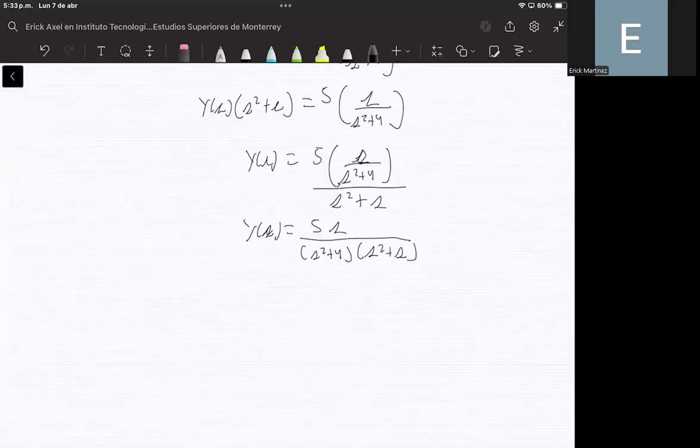But you can use your calculator in this step. If you introduce this rational function in your Texas, you will obtain the following. You will obtain that Y(s) is equal to minus 5 divided by s squared plus 4 plus 1 divided by s squared plus 4